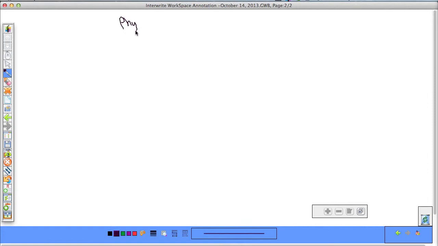So here we have physics, and we're going to do another component vector problem. And we're going to think of a scenario. I'll try to do this one a little bit faster than the other one, so this might not be quite as in-depth, but let's say we've got a couple of guys, and let's say their names are